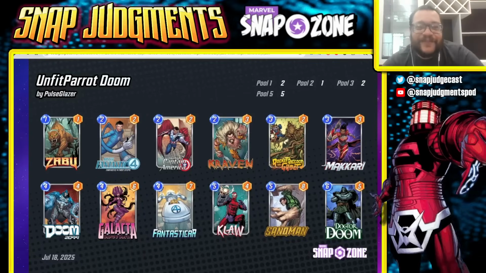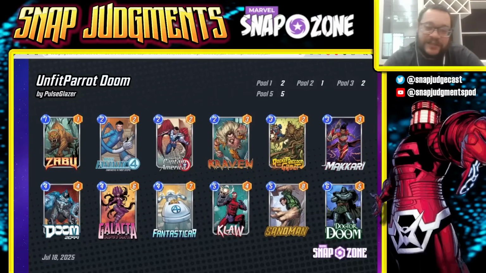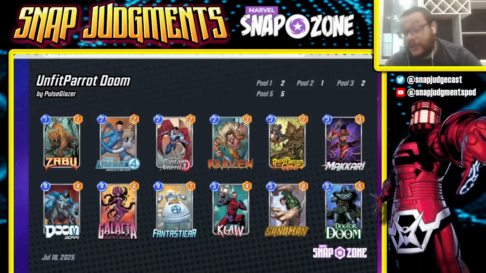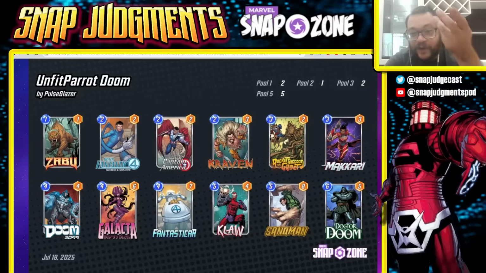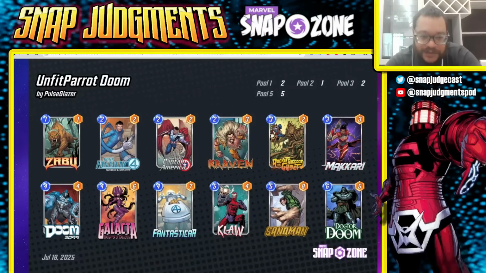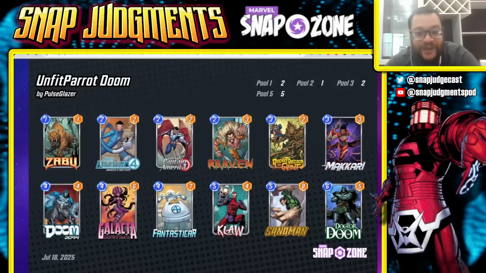So this is Unfit Parrot's Dr. Doom 2099 list. I know a lot of people really like Doom 2099. I know a lot of people are going to throw a fit because it's a fantastic card list. Look, Mr. Fantastic, First Steps, Doom 2099, Makari. Those are your only Fantastic card hits. You don't need Fantastic Power for this list. But Doom 2099 is in a very good spot, and thus this is a really cool list, and one that